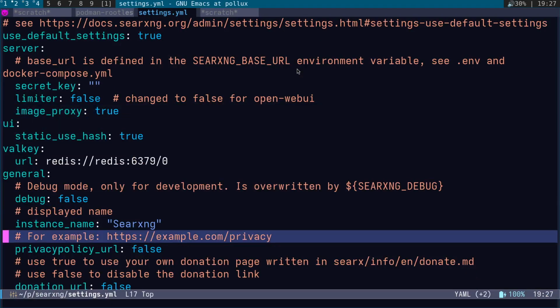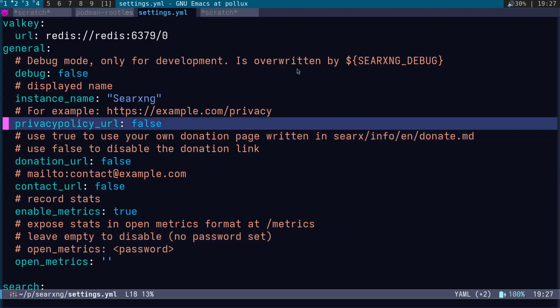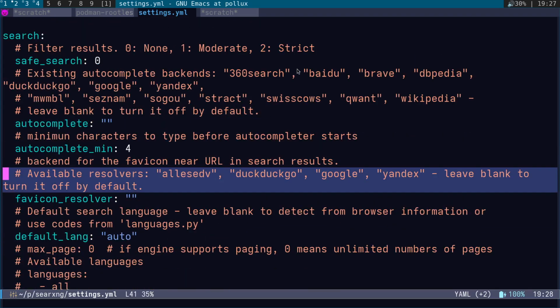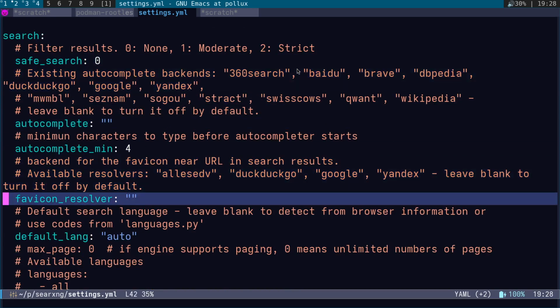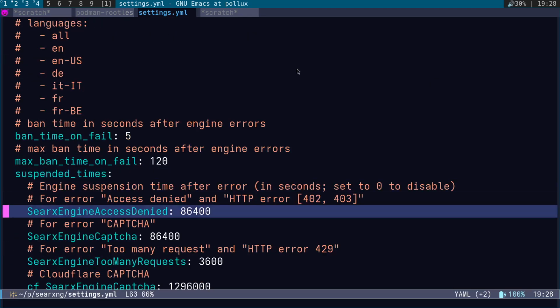These are all these sort of default things like instance, privacy policy. So this is how you can actually disable some of the options that come up at the bottom of the page, like privacy policy, donation, contact us, all that kind of stuff. We've got safe search off. You've got autocomplete. You don't want to enable the favicons because it actually slows stuff down to pull in all the favicons. Default languages,